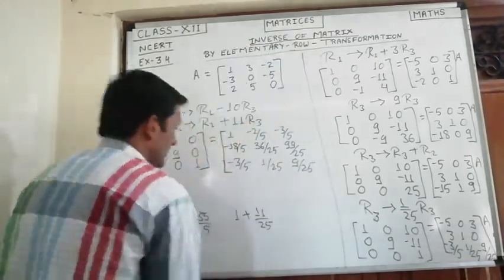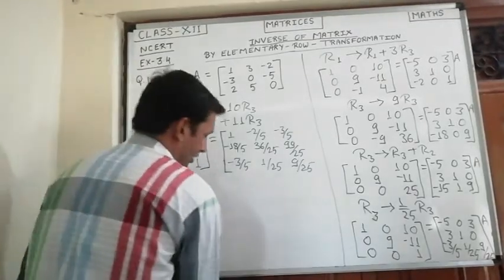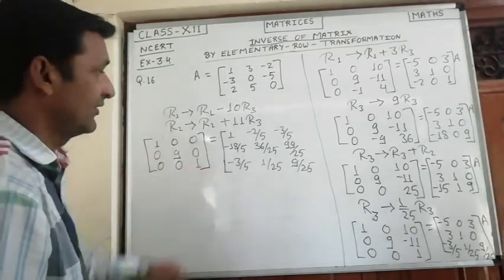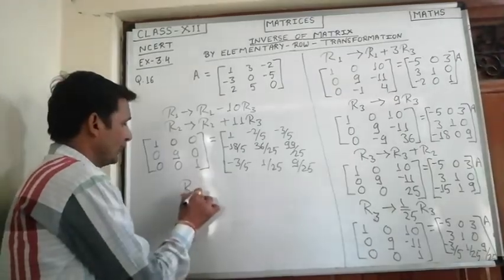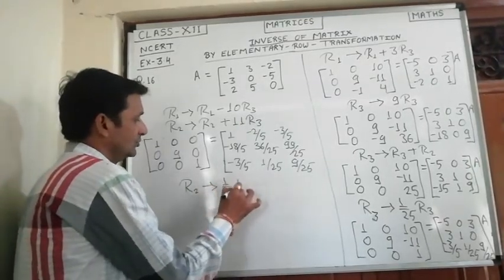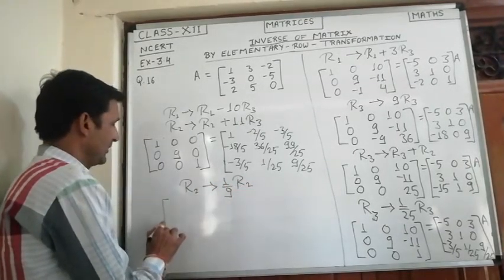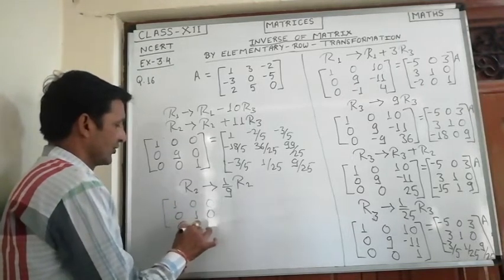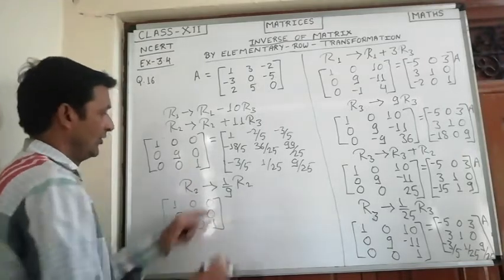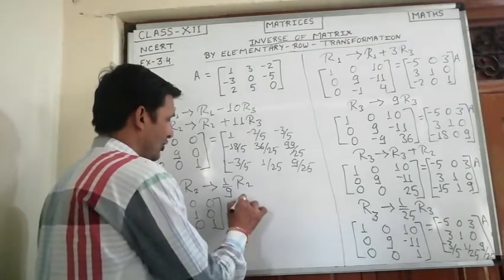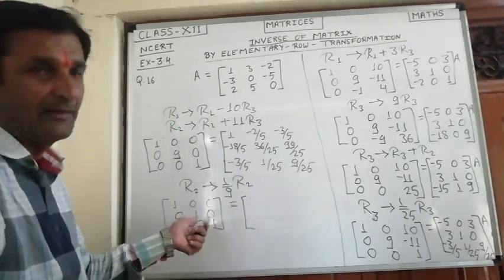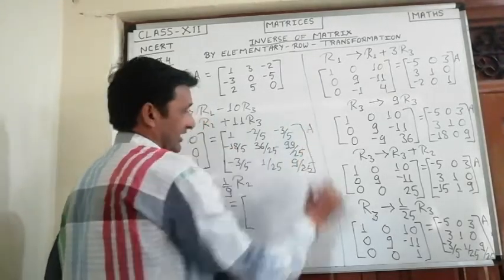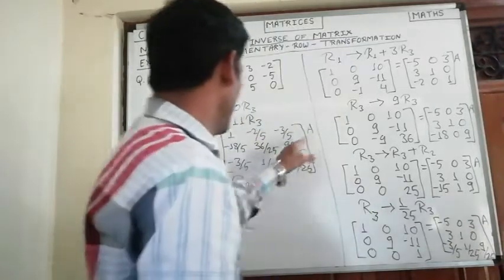Now last step required for making it unit matrix because if we divide second row by 9 then it will be very easy. So in R2 we are applying 1 by 9 R2. So this will become 1 0 0, 0 1 0 and 0 0 1 because in second row we have applied 1 by 9 R2. We want to make this identity matrix, it is our basic aim. Now in second row we have to divide this also by 9 and here it is A. That you remember always that this A you have to write.